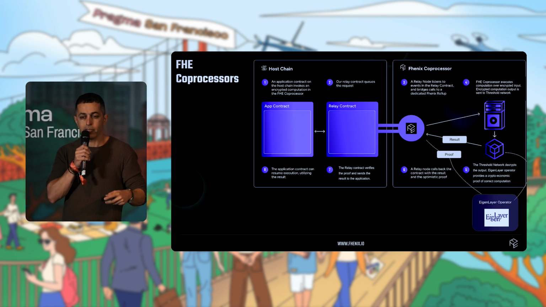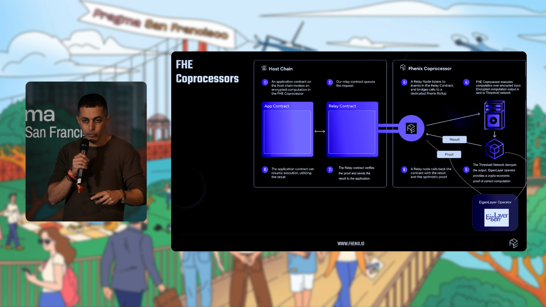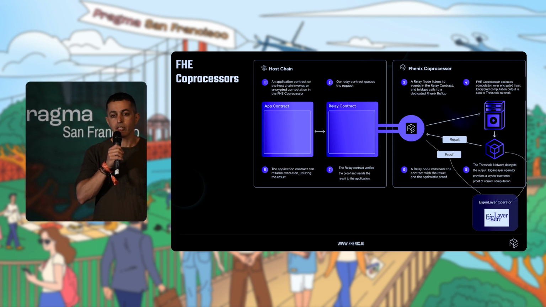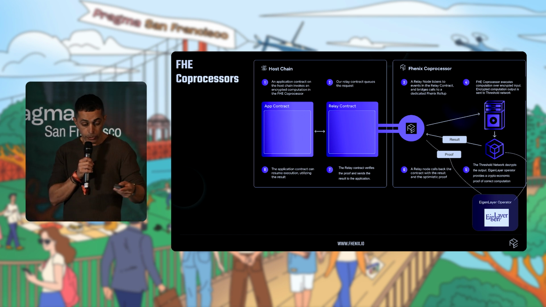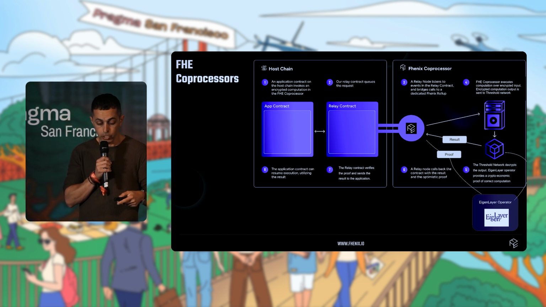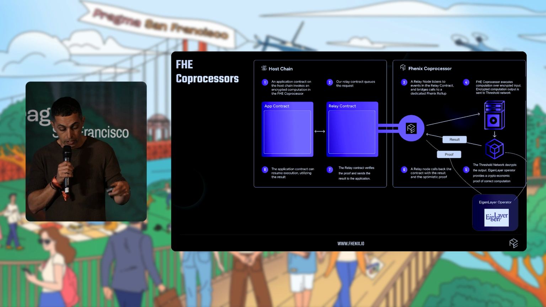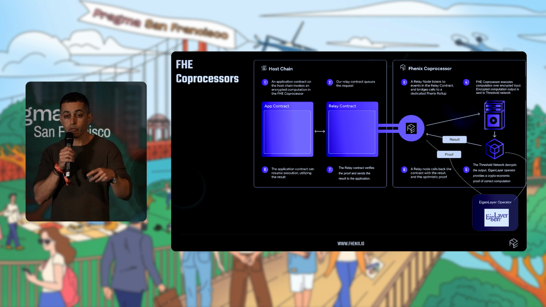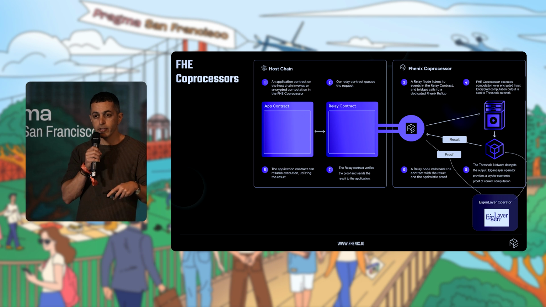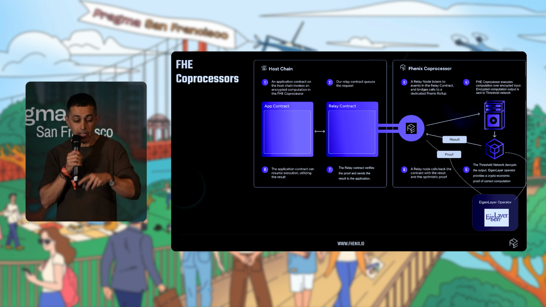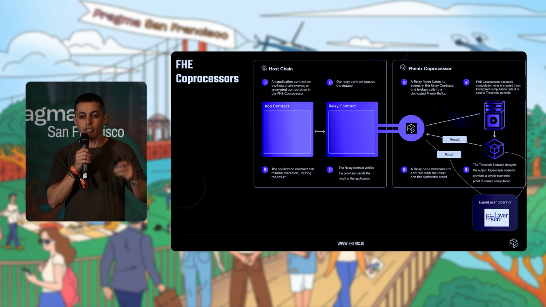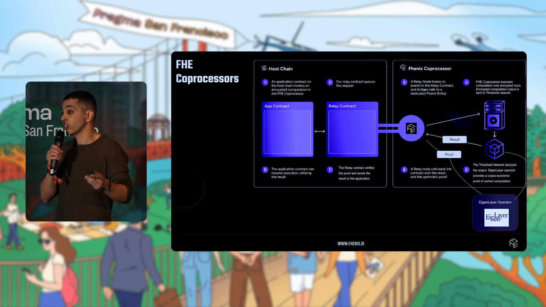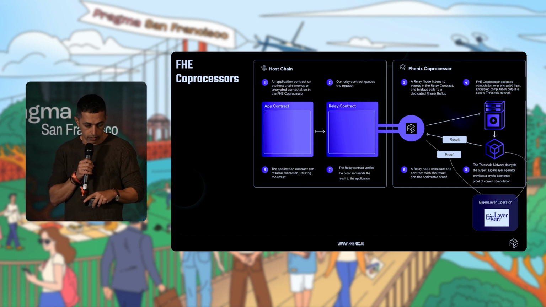And the flow is that the chain itself would get the contract, would send the contract with the computation to the coprocessor. The coprocessor itself would run the computation. That's basically step 4 that you see out there. If there is a need to decrypt, it will be sent to the decryption network. The proof itself, in our case, is done through EigenLayer, and then the result and the proof is sent back to the network itself, and you get encrypted computation in a very easy and efficient way.